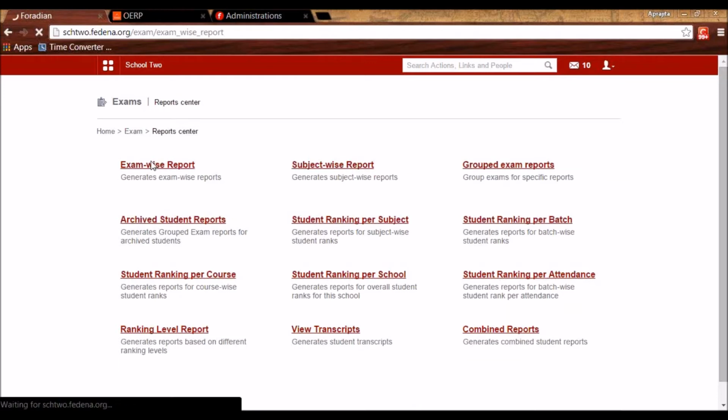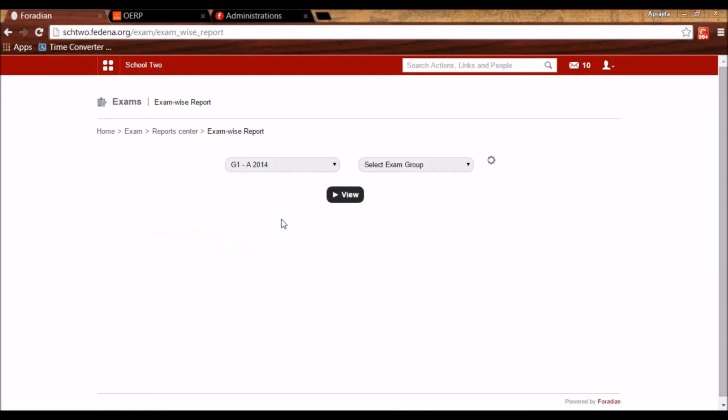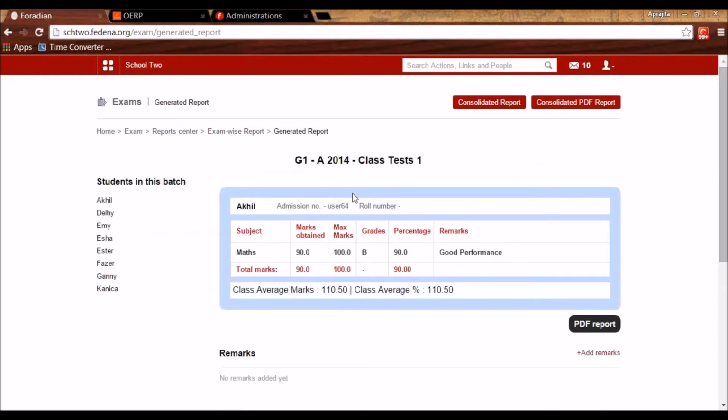So let me show you the exam-wise report. We will be selecting here the exam, the batch, and the exam group like this, and it shows the details like this. It will show all the subjects, the marks obtained, the maximum marks, the grade and the percentage as well.